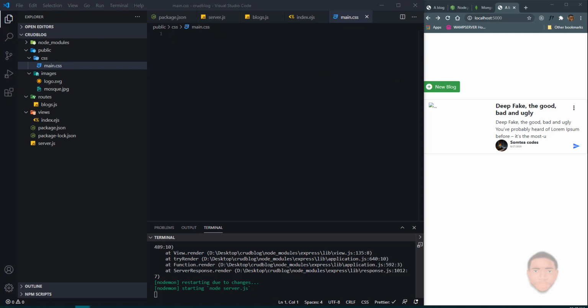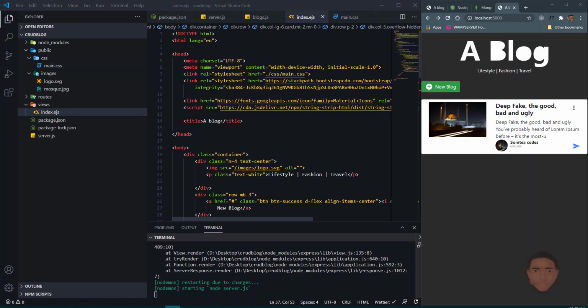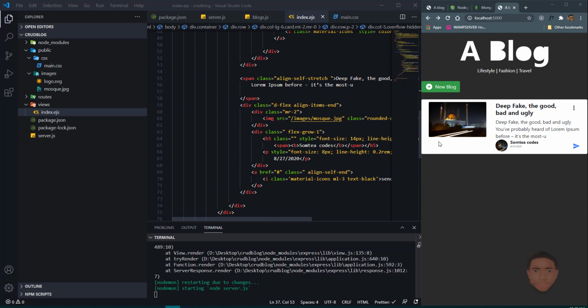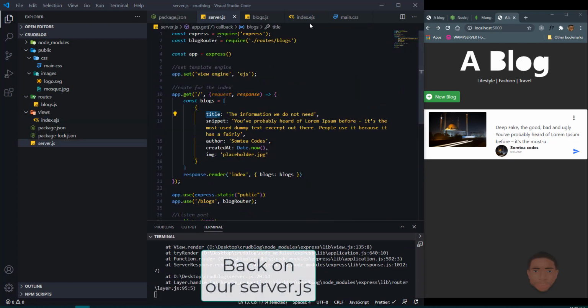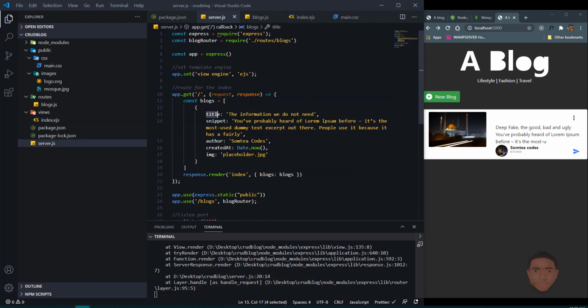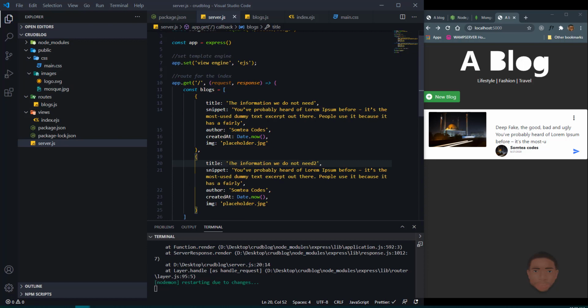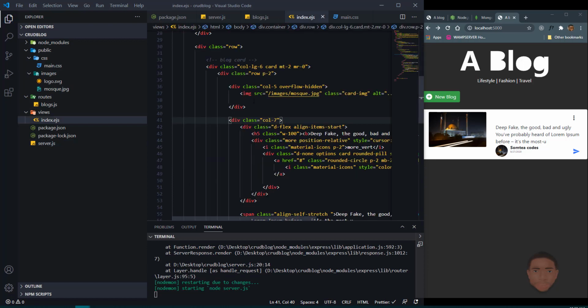So I'll just paste some of the CSS that was used to create this. Okay, so we have our CSS linked. Since we're passing in an array, we'll have to find a way to loop through the arrays. For example, if we had more than one object here, which I'm just going to do right now, I'll copy, paste, and say the information we need 2. So this is 2 objects here,